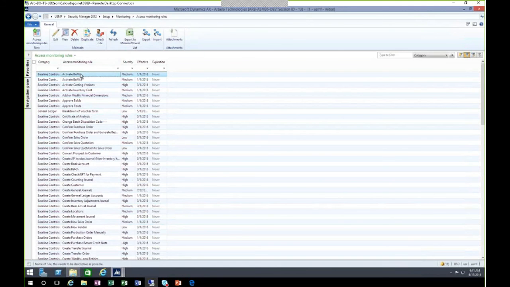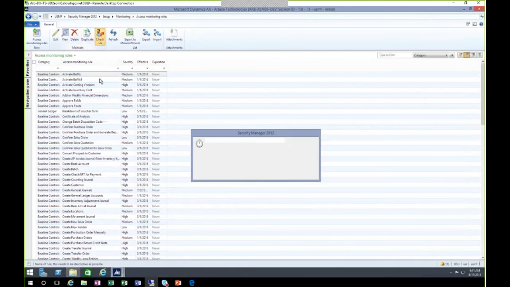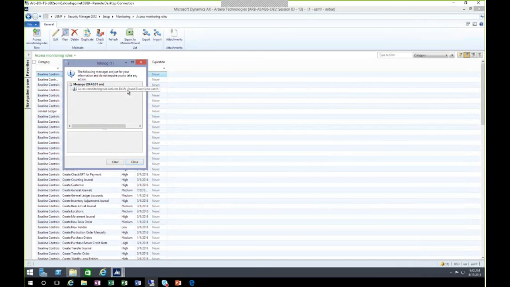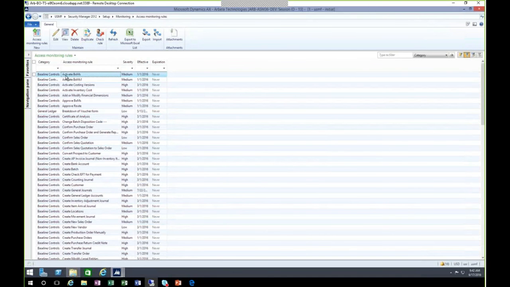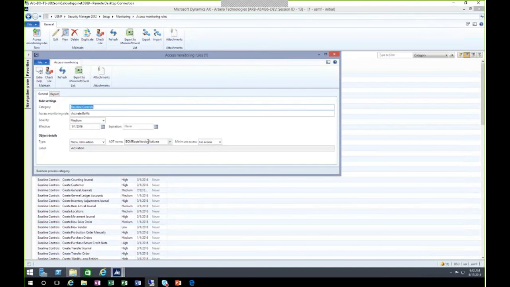And again, just like with the segregation of duties rules, you can actually check the rule. This checks that specific rule and determines if there are any users with a user role assignment that actually performs this task. Unlike the segregation of duties rule, we're only tracking one menu item, one AOT object, and assigning a minimum level of access.